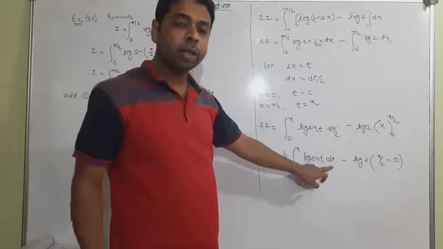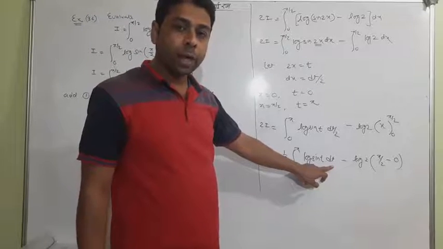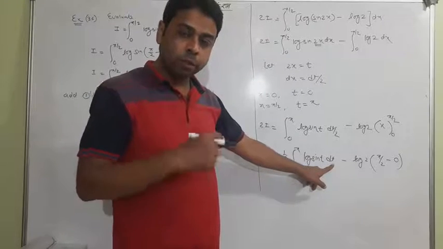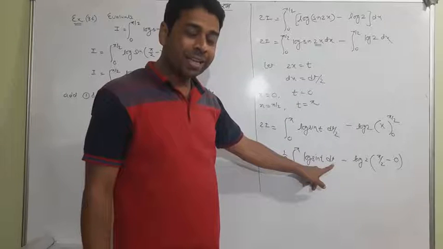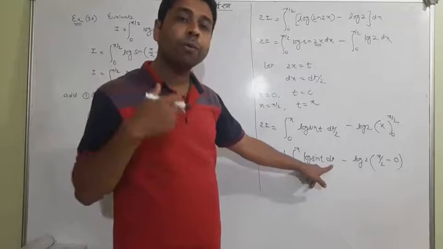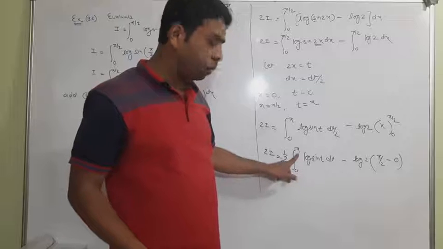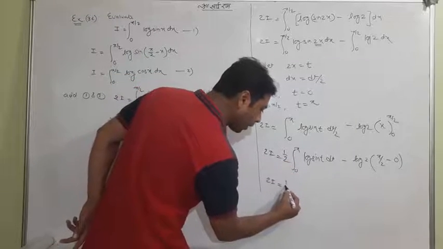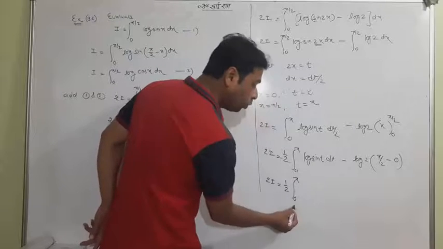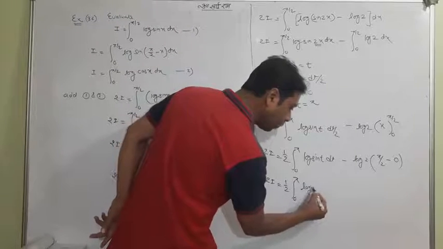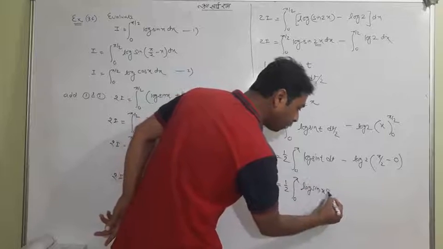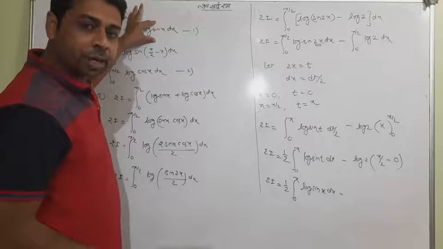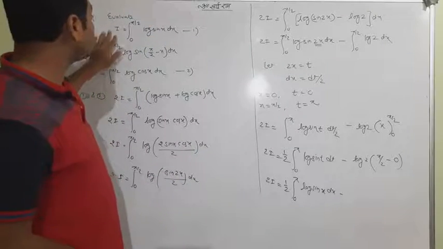I taught you one thing, if you remember: without changing the limit, if you are changing the variable, both will be the same, meaning you can change this t into the form of x while you are not changing the limit. So I use the property which I just taught you, that I am not changing the limit but I am changing the variable. That t I am writing in the form of x so that I could reach the same, because I want to make the answer the same so that I could write I.